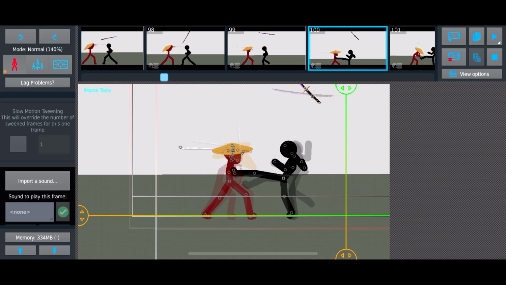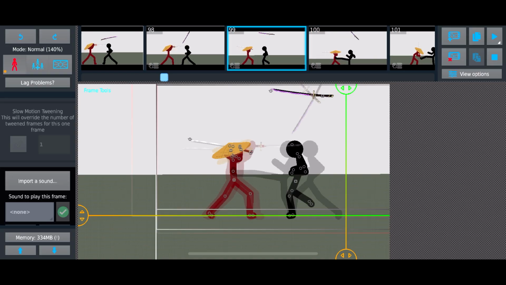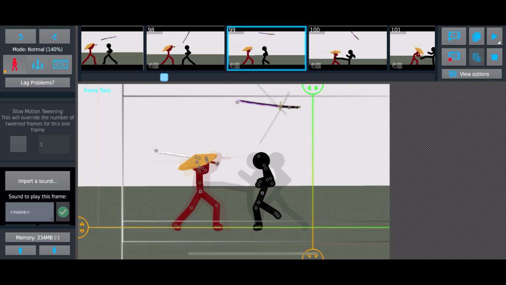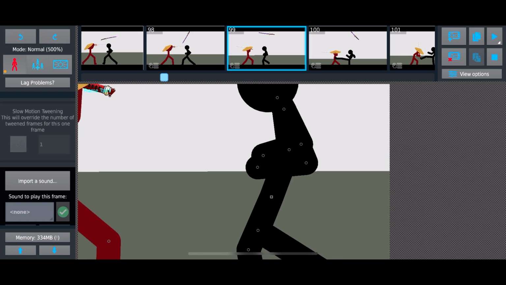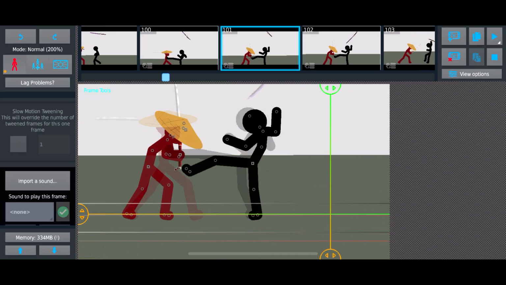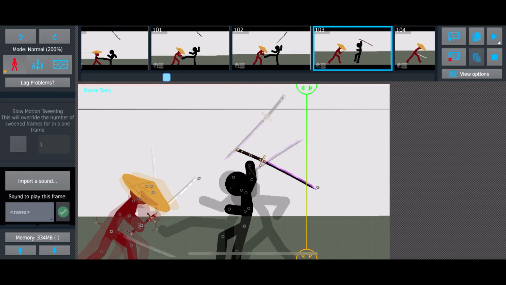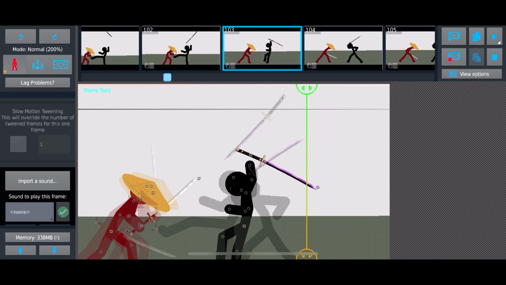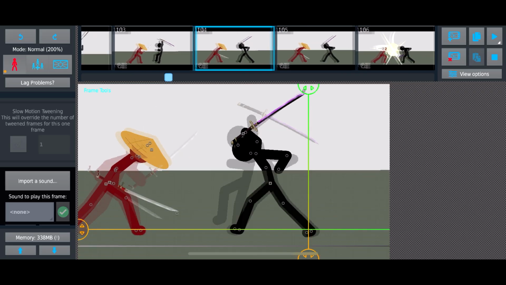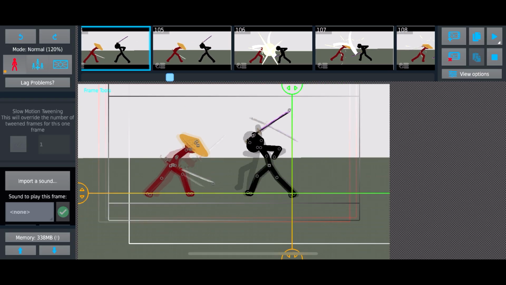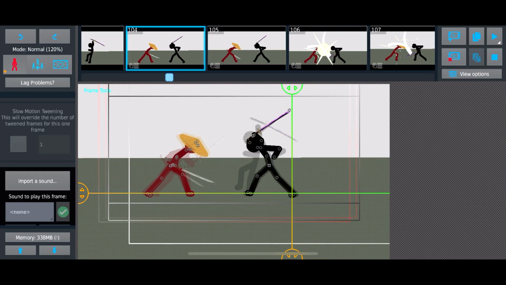But then now after that, this guy is not just gonna let him swing at him again, right? He's gonna swing at him, as you can see here. But then the black stick figure just kicks him, right? Kicks him in the stomach. Then right as the sword is falling, because gravity, he swings again and it parries. So yeah,